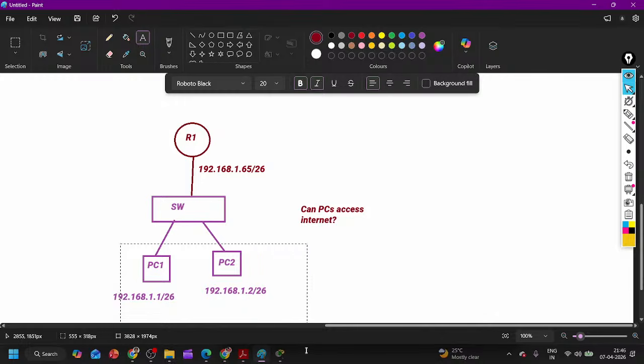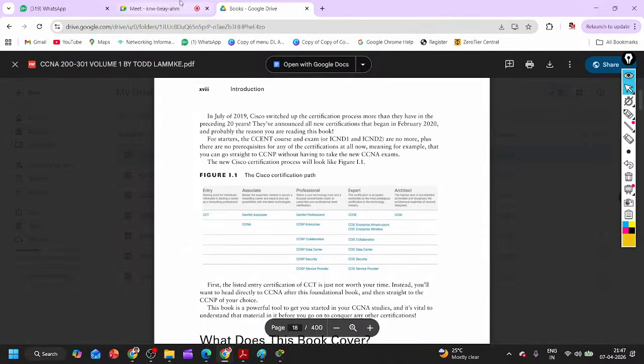So the user is going to complain, hey, I'm not able to access the internet. You are the network engineer. You will access the PC. You will request the client, hey, can I get the IP configuration of your system? He will run the command ipconfig /all, take a screenshot, and share it with you. You will see, okay, the IP address is this one with /26, but their gateway is .65. That means the gateway belongs to a different subnet, right? This IP address belongs to subnet 192.168.1.0 and